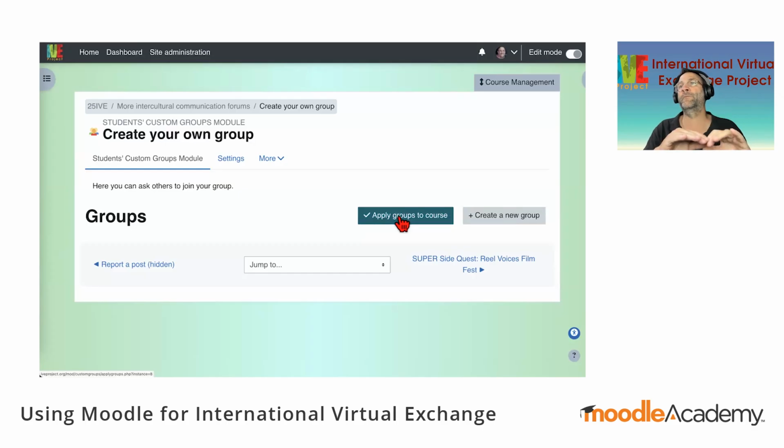And we've got a forum set up with separate groups so that each group can go to that forum and just participate in their own little group. No one else can see it and do whatever they want in that group. We've also got a BBB, a Big Blue Button set up so that they can go in and talk in real time in their groups as well. And that's a really, really powerful system that we've set up for our International Virtual Exchange.